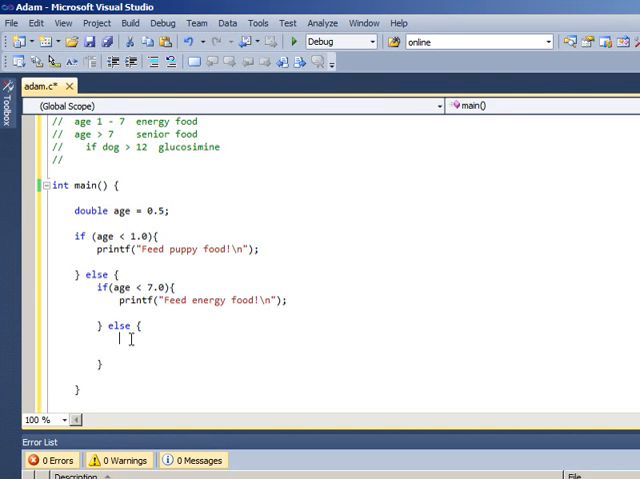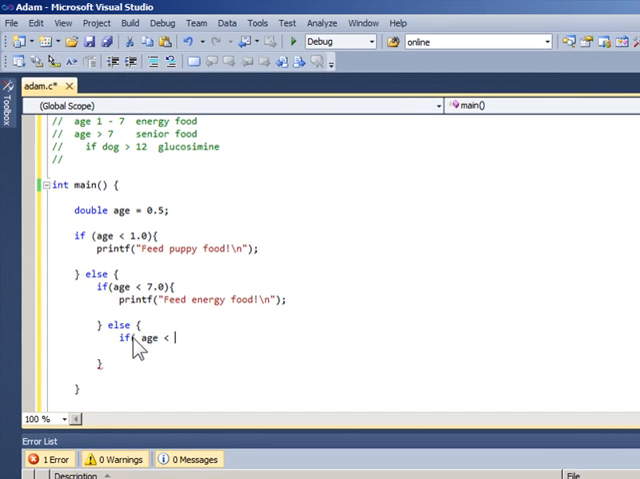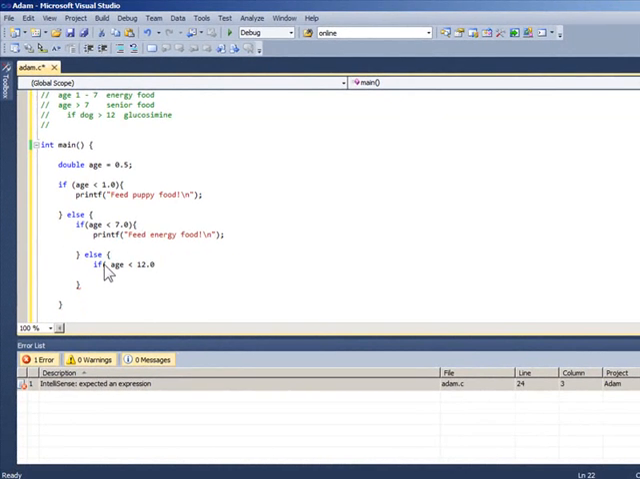So what do we know about the age of the dog here? We know that it is not less than 7.0. So that means in here we're now dealing with a dog that is 7.0 or greater. So I'm going to say if the age of the dog is less than 12,